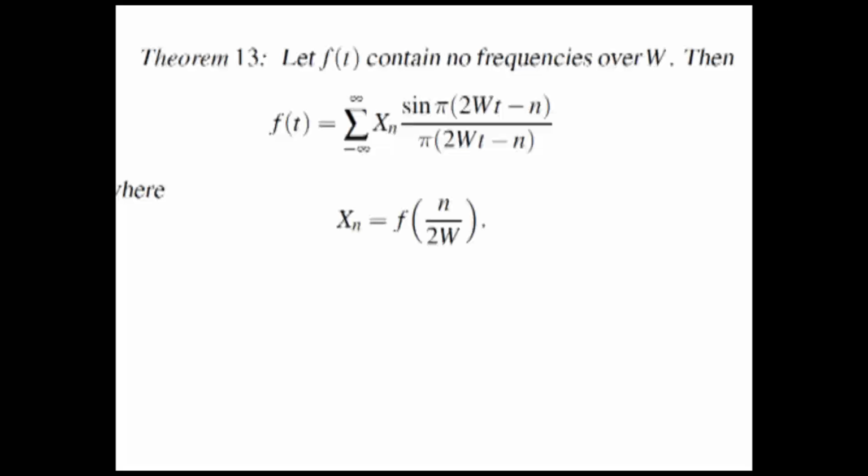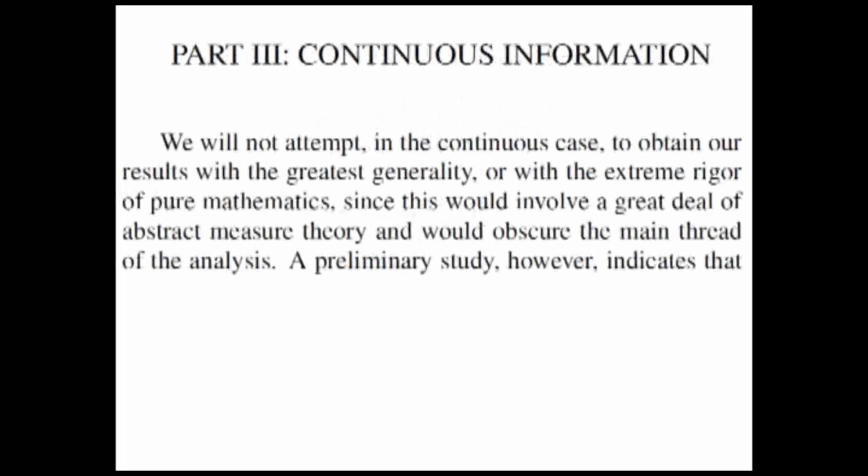But in fact, at the beginning of the 20th century, Whittaker already had something along these lines. Kotelnikov in Russia and Kuttmuller in Germany also had things along these lines. But really, Shannon was the first one to give a clean expression to the sampling theorem with the same factors. Now, it's interesting that in this part, continuous information, Shannon is talking both about continuous time and continuous range. So in his mind, analog signals are continuous time.